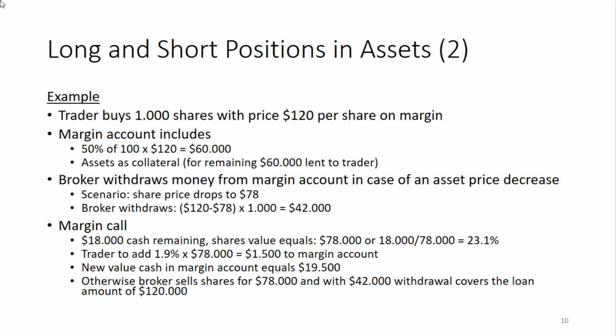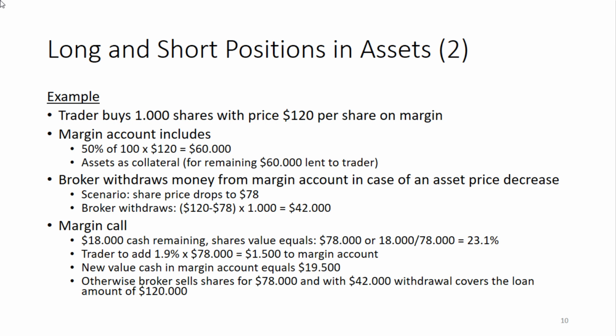So then this asset is owned by the investor, by the trader, but it's held in the margin account with the broker. And what the broker does is look on a daily basis at what happens to the value of that share price. Originally it's $120, and whenever the price drops, the broker will withdraw money from the margin account to itself, because it says, well, I need to still have the guarantee. So let's look at the example where there is a sharp drop in price.